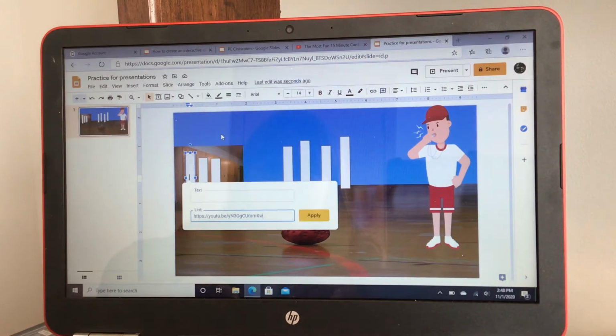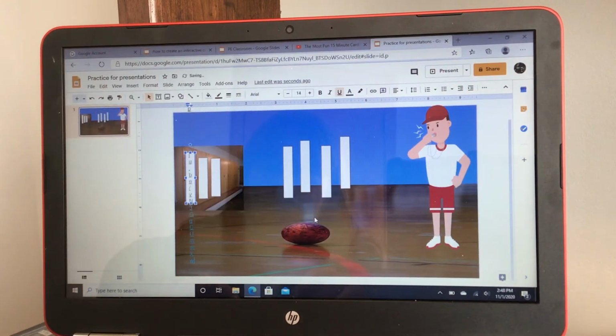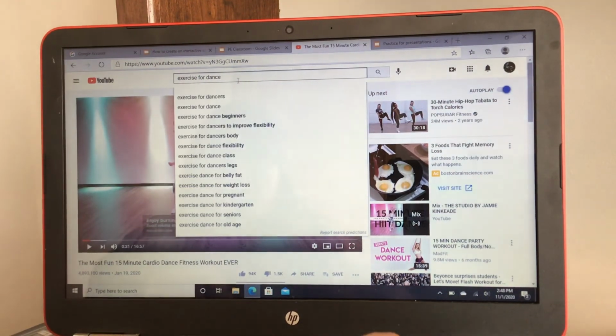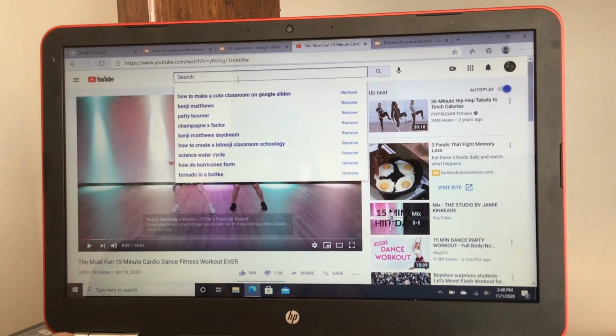Paste it into there and apply. So now every time somebody hits this locker, they're going to go right into that video. Okay, so say you wanted, I don't know, you could say